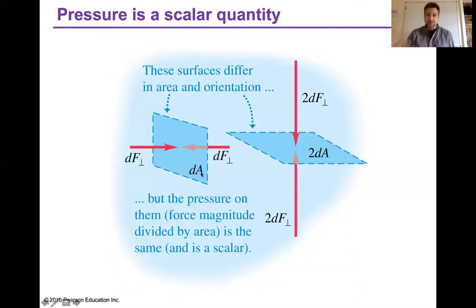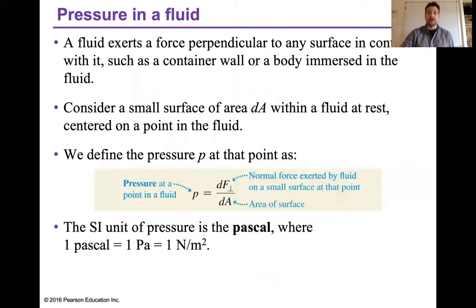But because it's twice, right? The area is twice, so the force is twice. And that proportionality makes me think that the ratio between force and area is constant from the one to the other. And that's how we'll define pressure. The ratio between the force applied perpendicular to a surface and the area over which it's applied.